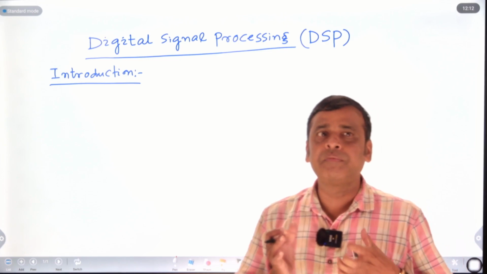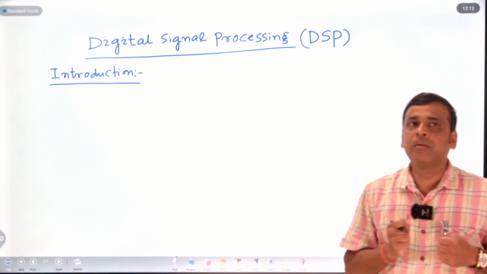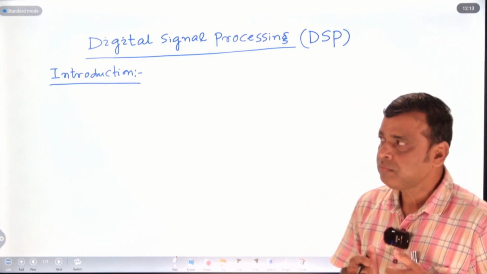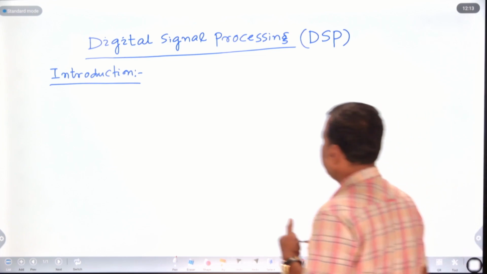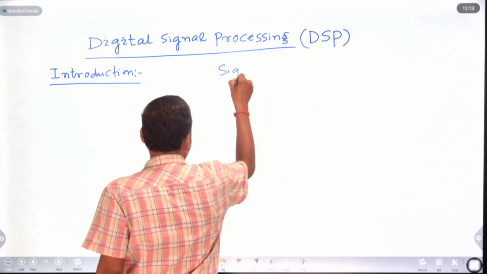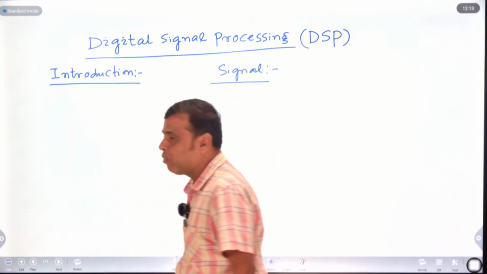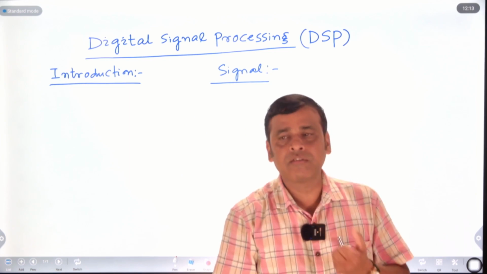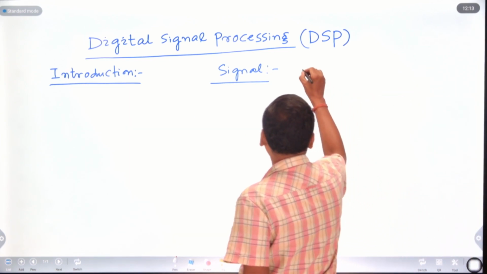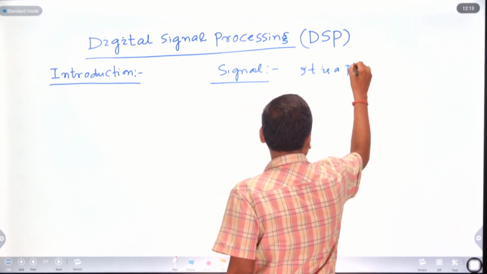The signal is a physical quantity that varies with time, space, and with any other independent variable or variables. What does it mean? First of all, we have to define what we mean by the signal. It is very important to know the physical significance of a signal. So a signal is a physical quantity